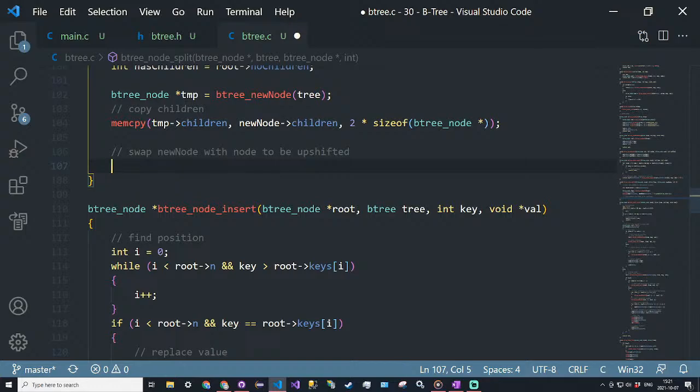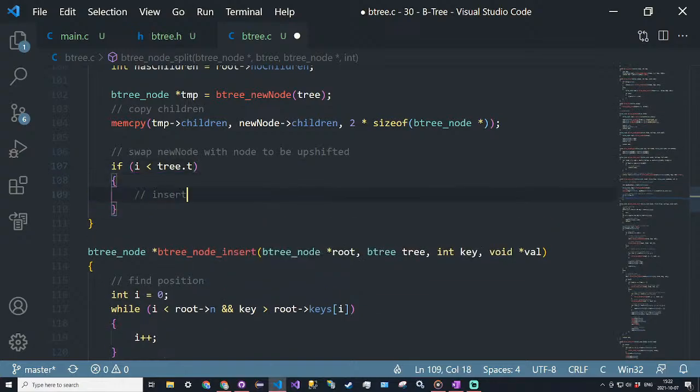So the way we're going to do that is we're simply just going to determine what would happen if we just put this node ignoring the array bounds. So to do that, we need to determine what would be shifted in order for the new node to be inserted, and that's going to be determined based on the index that we're inserting at. So if i is less than tree.t,